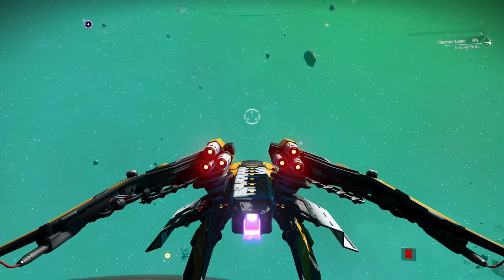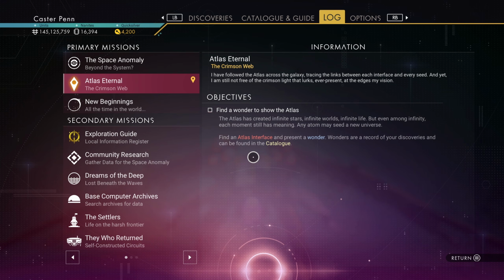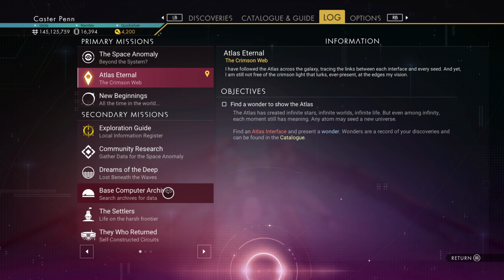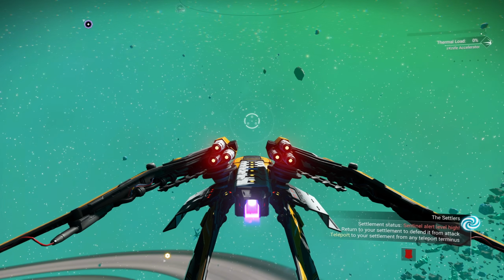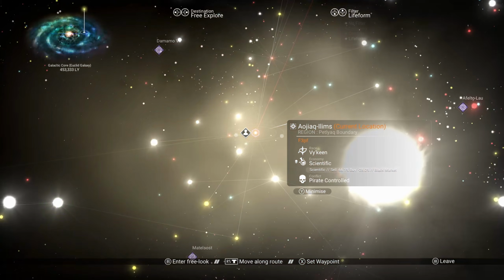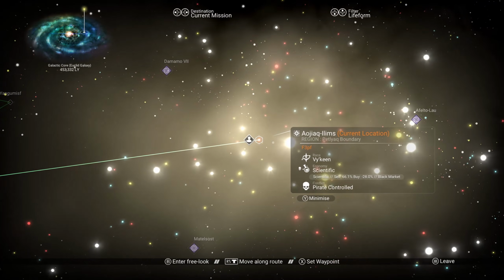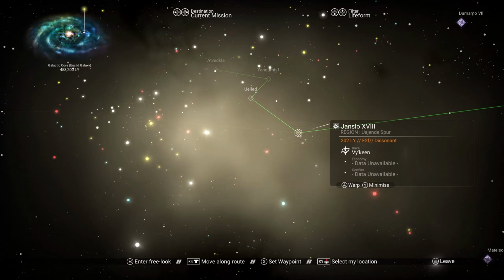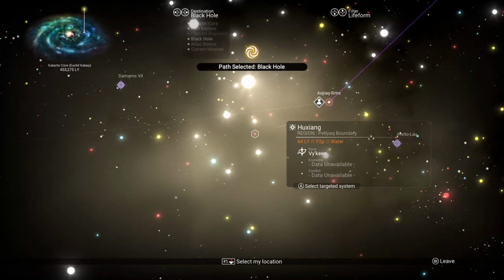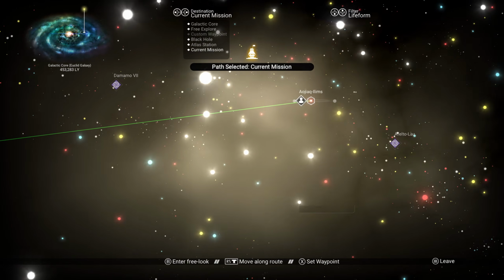So if I come out of the galaxy map, go into my start button, look at my log, if I click on one of these, let's say base settlers, we're going to the settlers, go back into the galaxy map, go down to current mission, it will highlight it in green, and again I can follow that line all the way to current mission. So different colors for different selections, the different 6 selections in the destination section of the